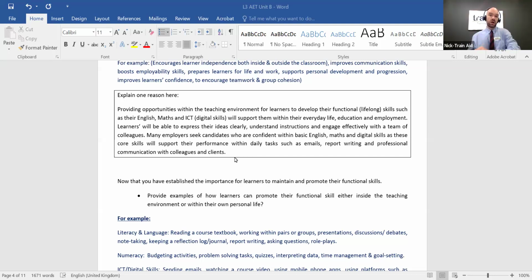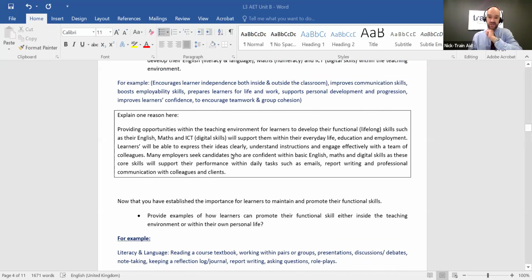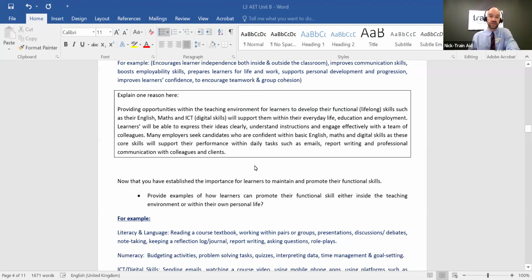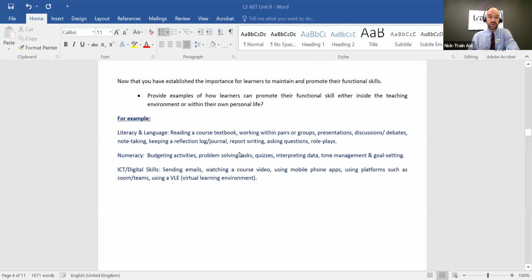I've gone for an employability slant on the answer there. So you could write similar, or you could go for a different approach to the answer there, but feel free to select any one of those, or you could have your own answer as well. So once again, try to go for a paragraph of information as to why promoting these functional